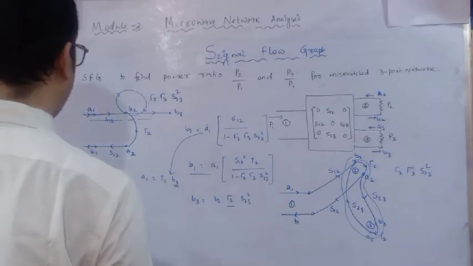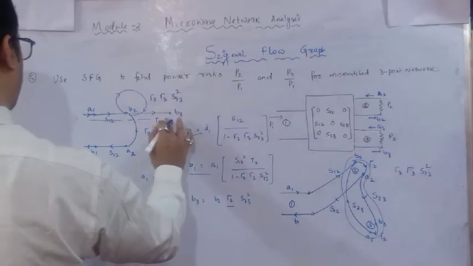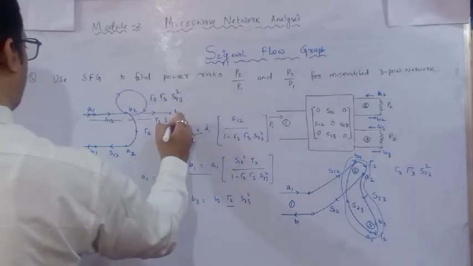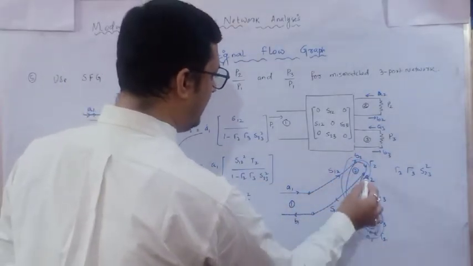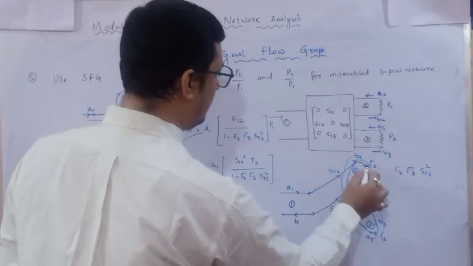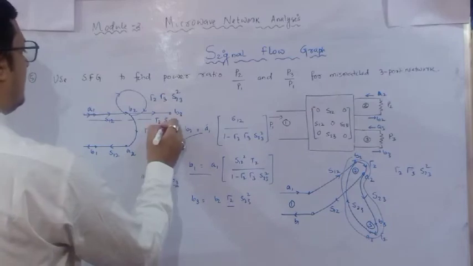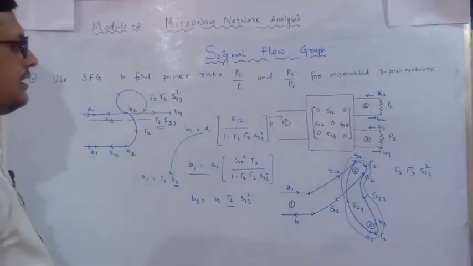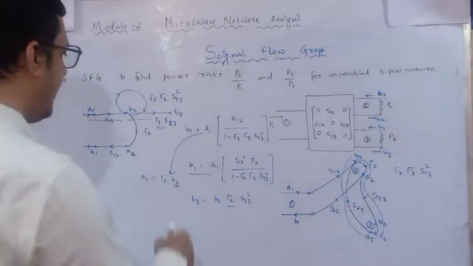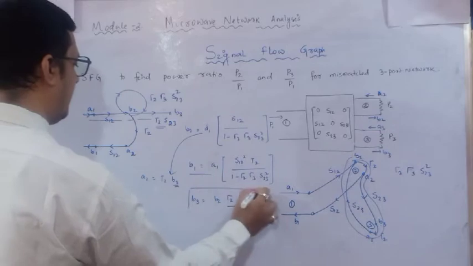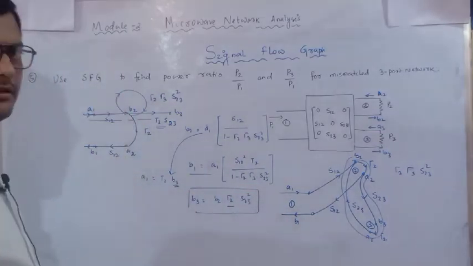So like this we have to analyze. So here it is reflection coefficient 2 and it is S23. So here you can see B2 to B3. Where is B3? B3 is here. So reflection coefficient 2 into S23. So this particular path has gain reflection coefficient 2 into S23, and B3 is equals to, in terms of reflection coefficient 2 into S23 square, because the self loop is also available.